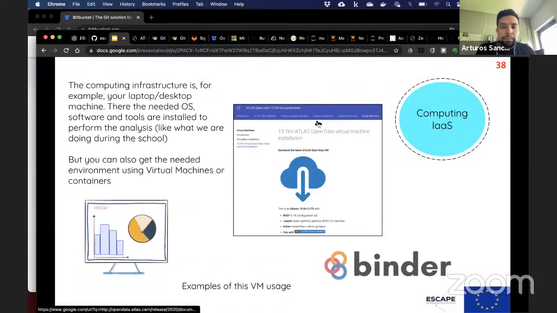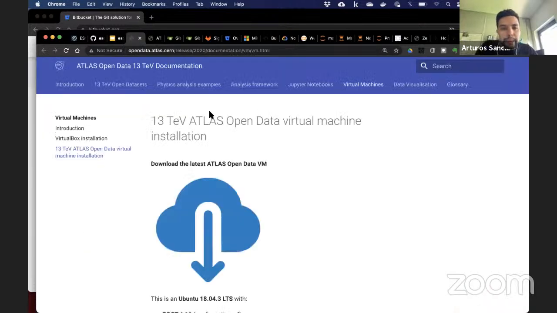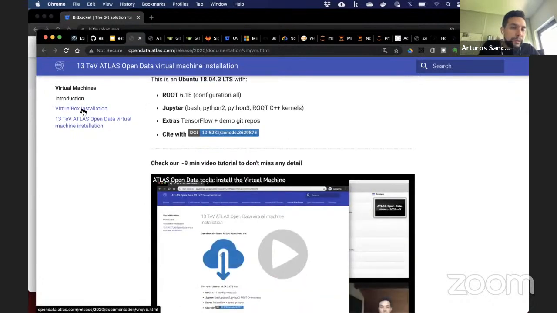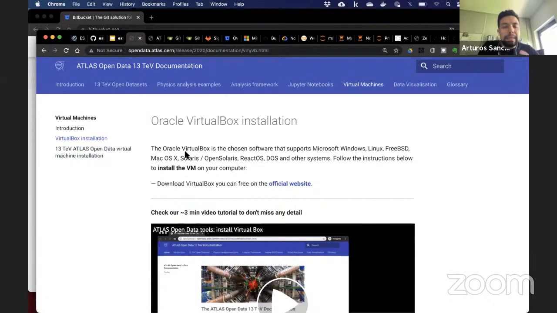So yes, again, you can also use virtual machines. These virtual machines, let me open this back, we encourage people to install using VirtualBox, for example. You can imagine it is in some way similar to what we would do with Docker. You have an application that allows you to run this virtual machine, and the Docker desktop app allows you to have more than one virtual machine, or in the case of Docker, more than one container. So it can be very powerful,